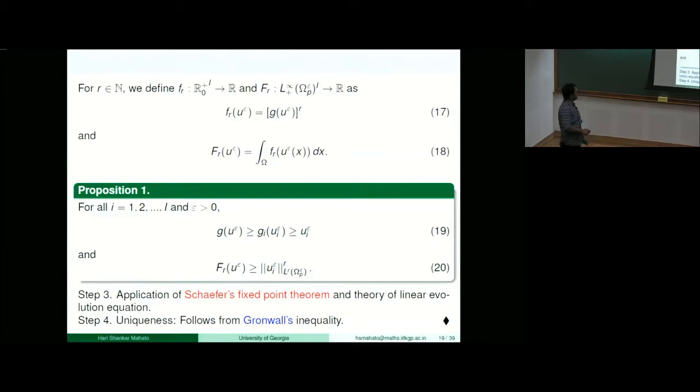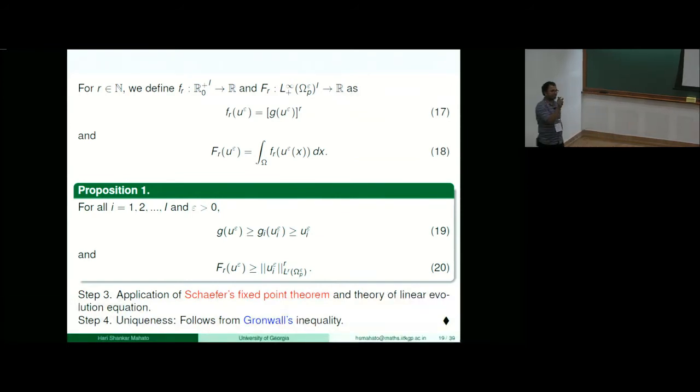And in order to do that, we use something called Schaeffer's fixed point theorem. I will not go into the technical details, but using Schaeffer's fixed point theorem, we can obtain an upper bound for this capital FR, and that will be, of course, independent of epsilon, and then that will act as an upper bound for these u_i's. Then you use Holder's inequality to say that your right-hand side will always be bounded. It doesn't matter whatever LP space you choose, with R big enough, your right-hand side will always be in that LP space.